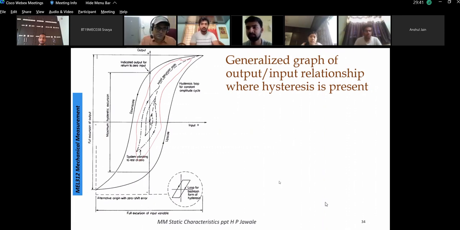Okay. So this indicates the upscale reading both way, and this indicates downscale reading. Then